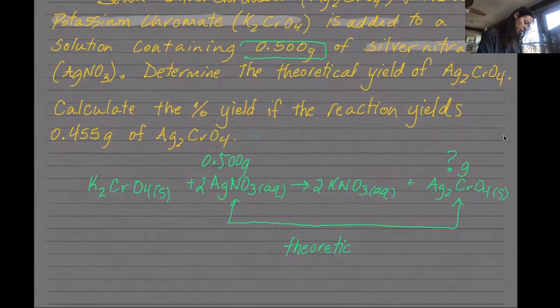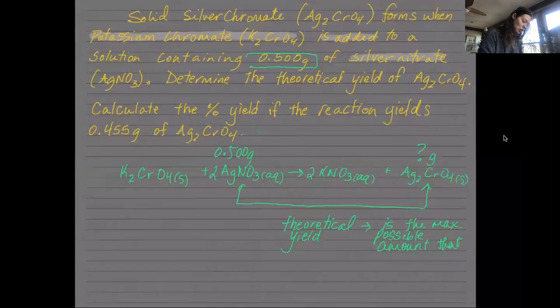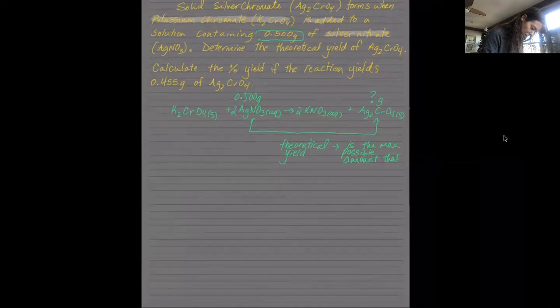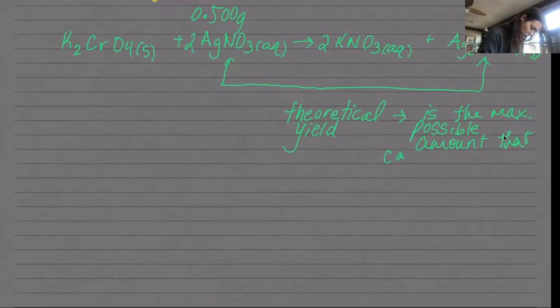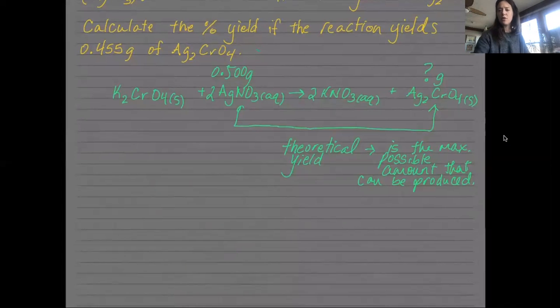All right, so let's talk about what they mean by the theoretical yield. The theoretical yield is the maximum possible amount that can be produced, right? It is the answer to the stoichiometry problem. So every time you solve a stoichiometry problem and you say, I have this much, I can make this much, you are getting the theoretical yield. Theoretically, based on the amount of reactant I'm using, I should be able to obtain a certain amount of product,